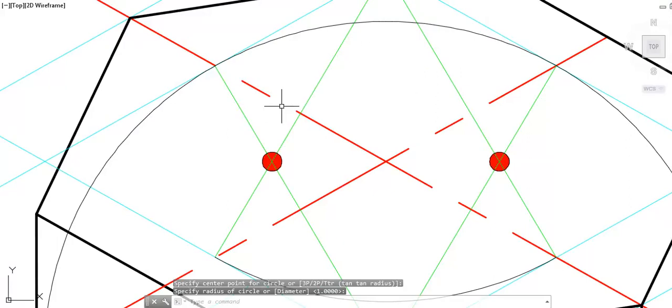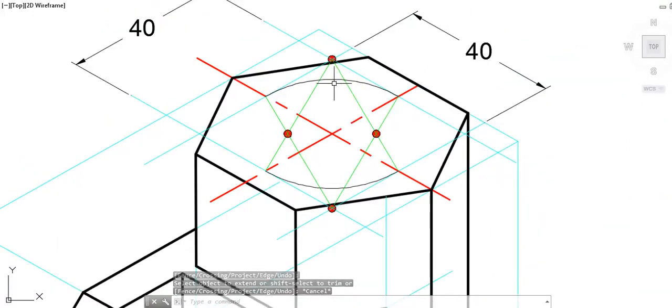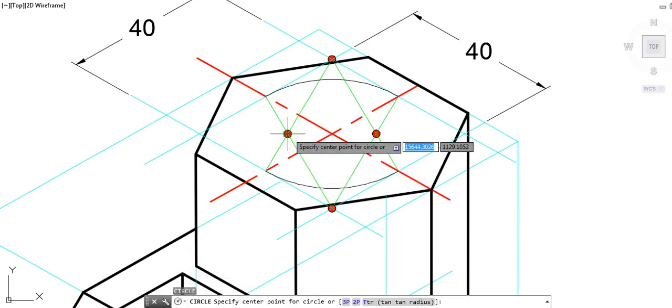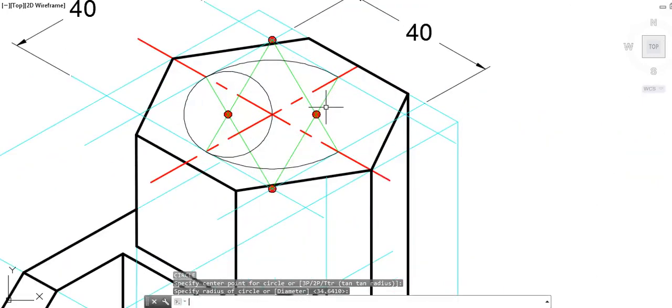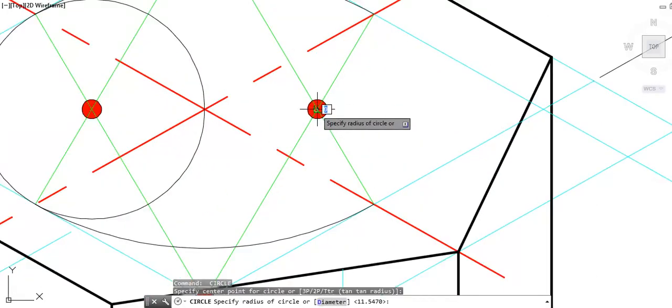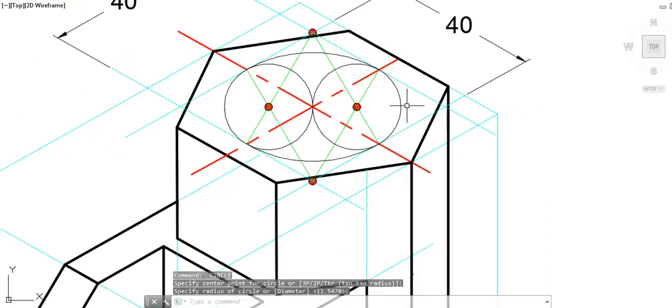Now I will use another circle part, and this small part of curve I am going to draw on either side. The extra part I am going to remove.